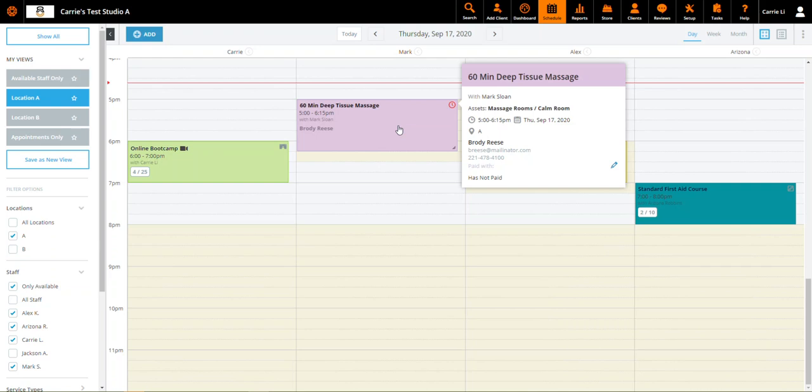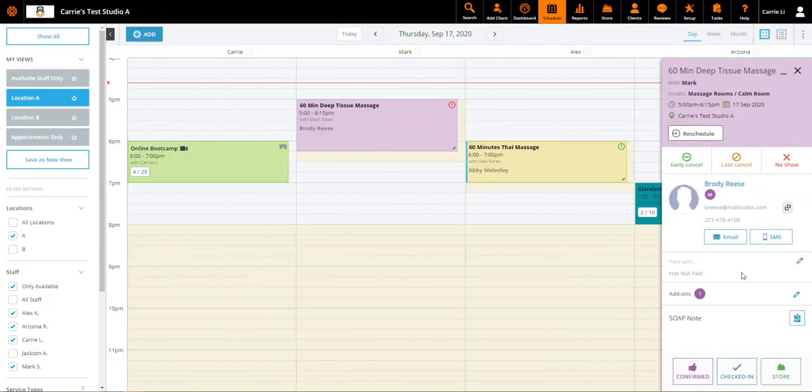If it was part of the booking, we would have clicked on book and pay. It would have redirected us to the store. In this case, we have an unpaid appointment that needs to be paid. So we're going to click on the appointment type. And then to the right hand side here, we have two options to bring us to the store to pay